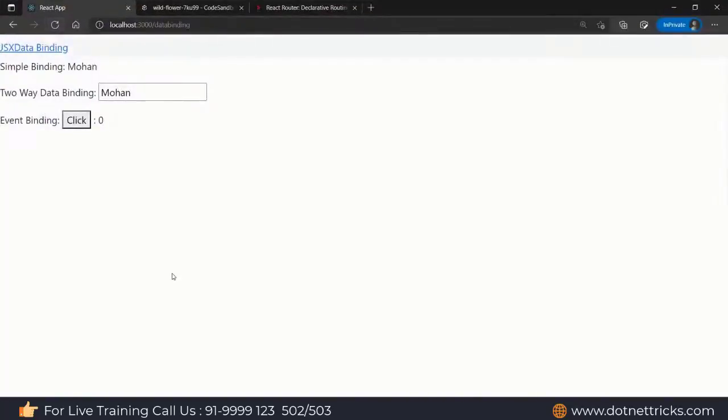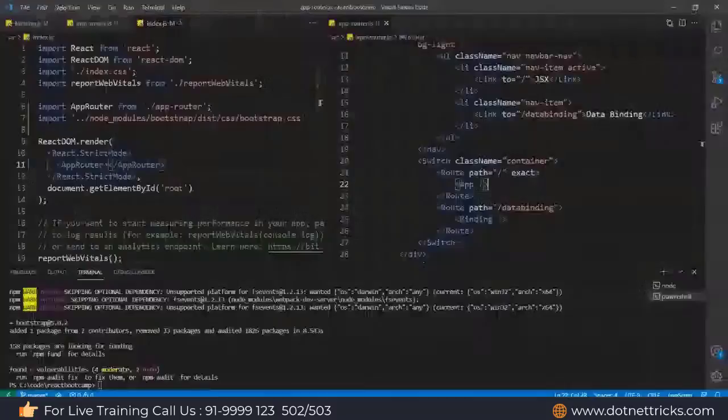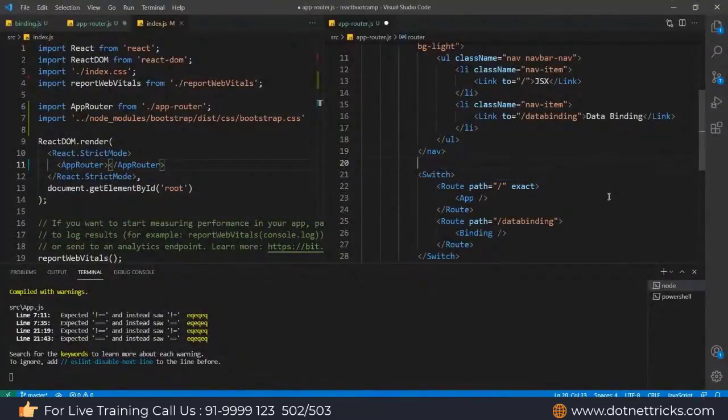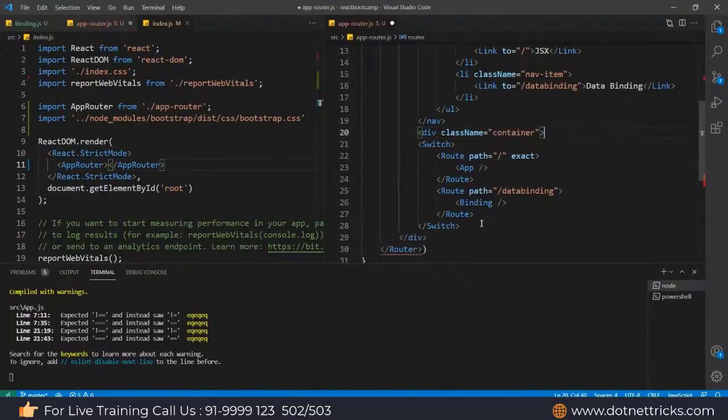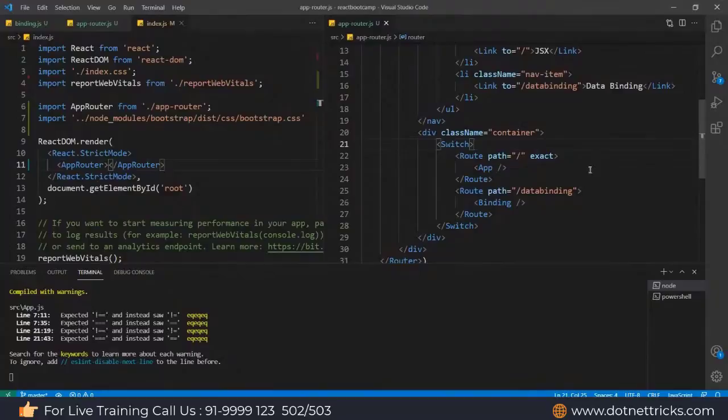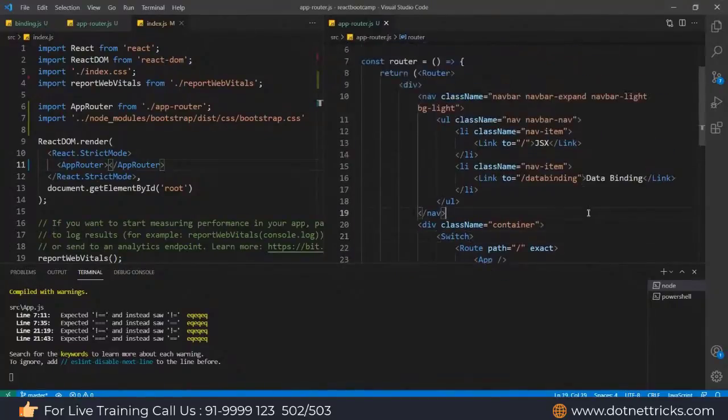If you reload it now, bootstrap is coming. So just do one thing here. Just switch. I need to wrap it here in a div this way. I'm wrapping this switch inside this div like this. Now we'll get everything in the center. It is coming in the center. So this is the way how you can integrate the bootstrap. And here I'm using bootstrap 5. So as per bootstrap 5, we need to use the CSS classes over here. If something is not in bootstrap 5, it will not be able to generate it.